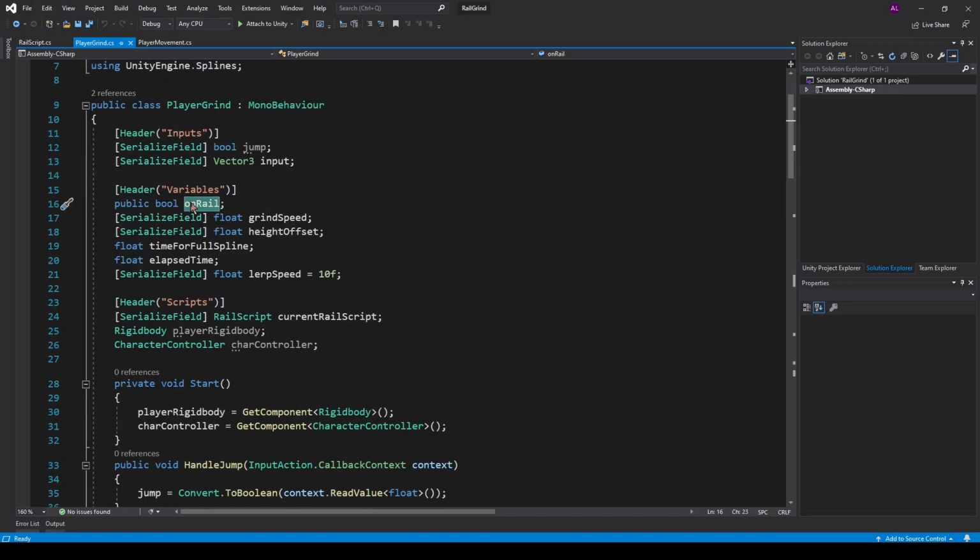I have a bool called onRail that just determines whether or not you're on or off a rail. I have grind speed. I have height offset. This determines, when you're grinding the rail, if you don't have a height offset, it's going to set your position to be more or less inside the rail. So this height offset just moves the player up a bit, so that they actually look like they're on the rail rather than the rail being inside them. Time for full spline,